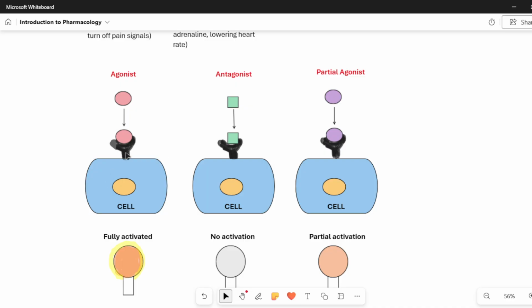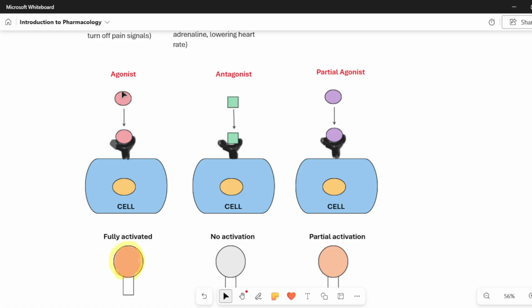Just know that receptors are nothing but protein structures with a particular shape so that they can fit the naturally occurring chemicals inside the human body. So this agonist is a drug prepared mimicking the natural chemical present inside the human body, so that it fits exactly inside this receptor.